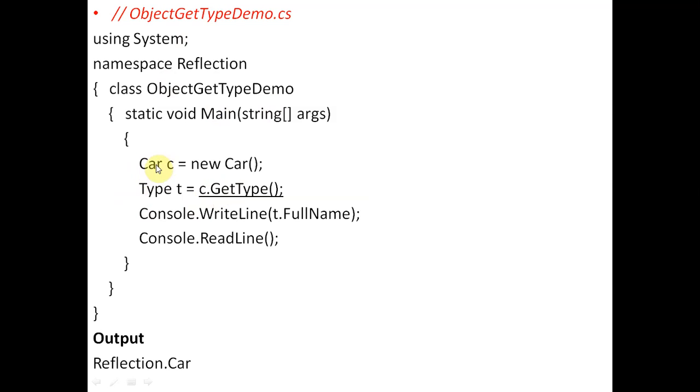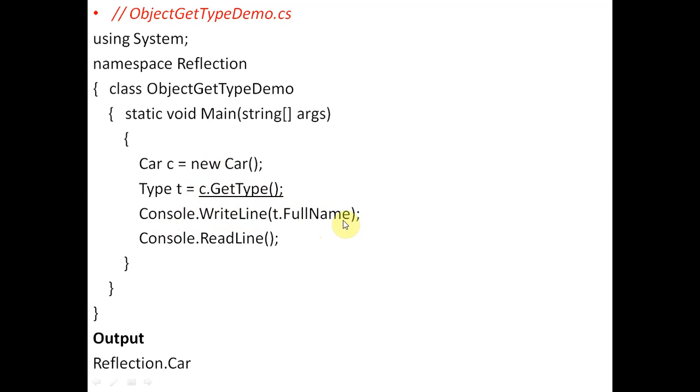You can see we have defined the object of the Car class, Car c = new Car, and we have one object t of the Type class, Type is a predefined class, and we are writing c.GetType. So c is the object, and the GetType function is used to get the information of the object. GetType is used with an object.